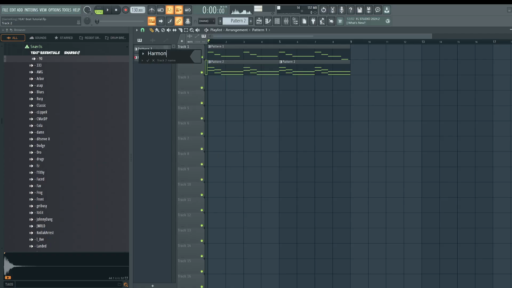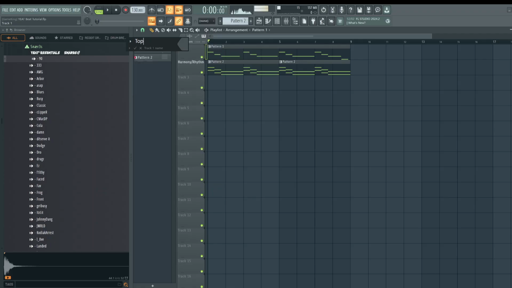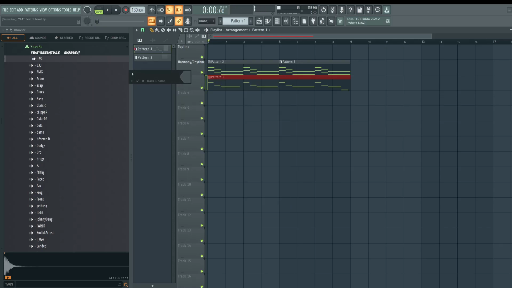There are 4 layers to a beat. You have the harmony section, you have the rhythm section. Actually, let me go in order. Really in order, we have what's called the top line. This is the memorable melody. We have the harmony section. We have the contrast. And then we have the rhythm area.